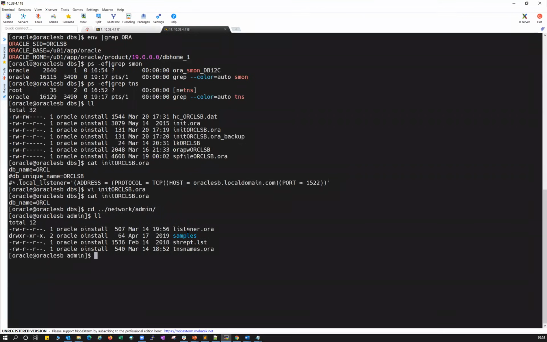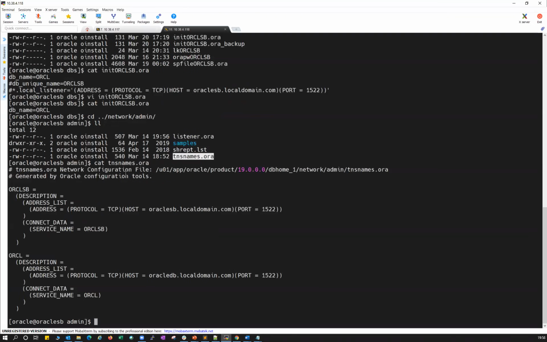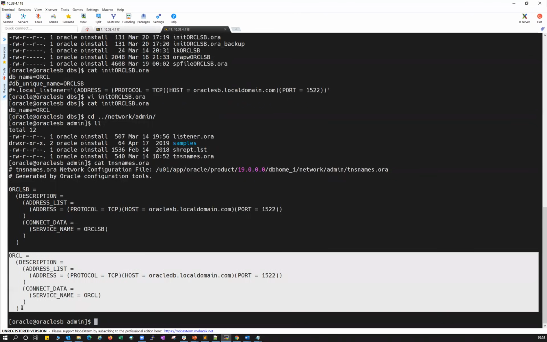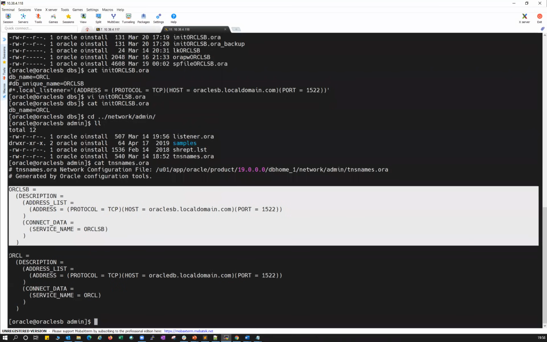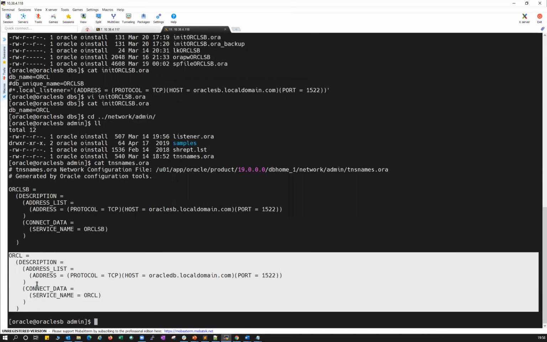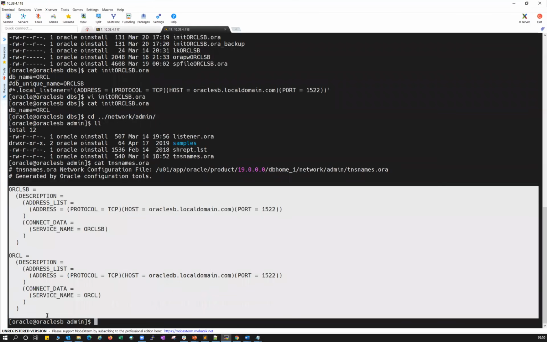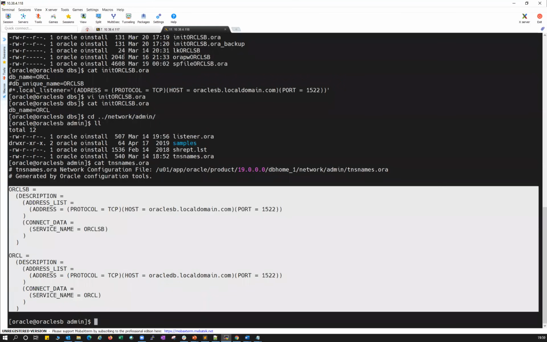All right. So here I'll quickly check on the TNS first, so that it's easy to understand. In the TNS, similar to the production, I should have my standby settings. I should have all the TNS entries of my standby database and the TNS entry of my production database, running on Oracle DB and Oracle standby. So these are the two entries, similar to what you see on the production side, right?